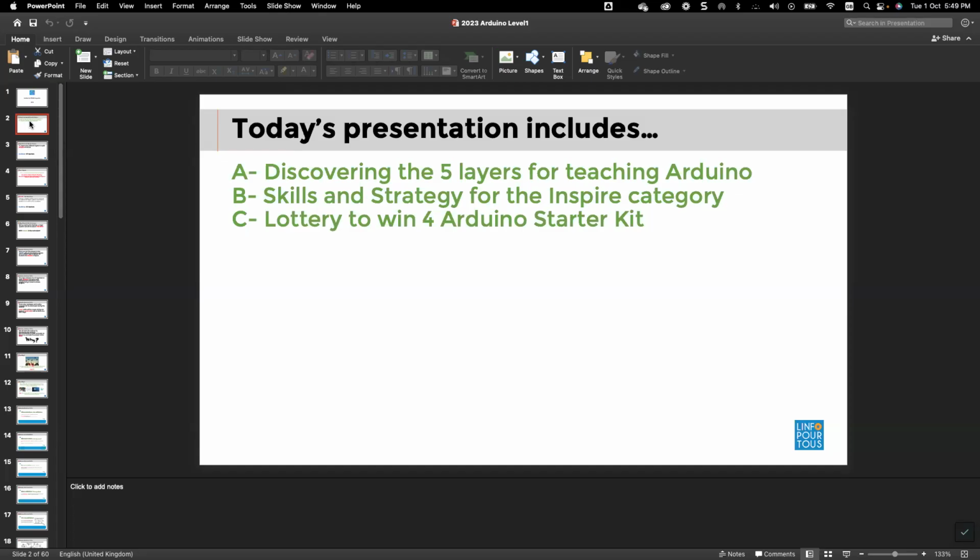Before the establishment of the online platform tinkercad.com, usually it was impossible for a teacher to offer or to teach students Arduino skills before grade 10. Why before grade 10 it was impossible? Because students are asked to build an electronic circuit, then to program it in a C++ language. So that's why the mission was impossible.